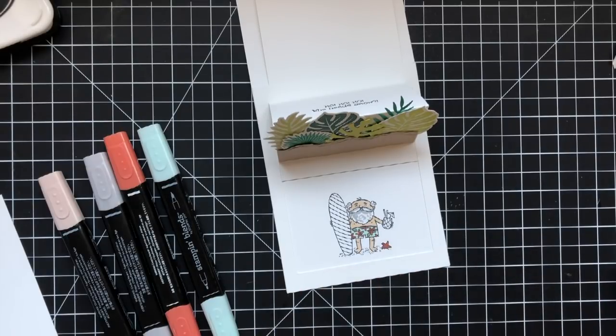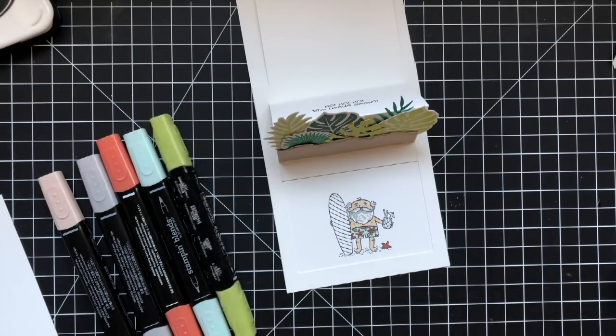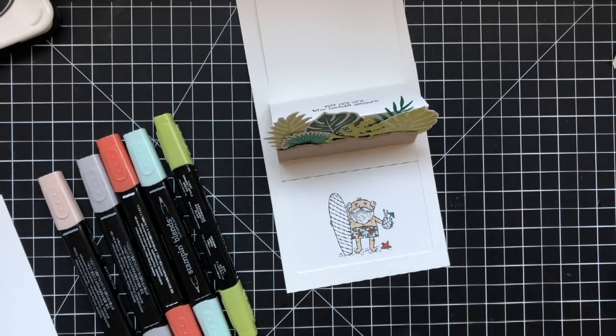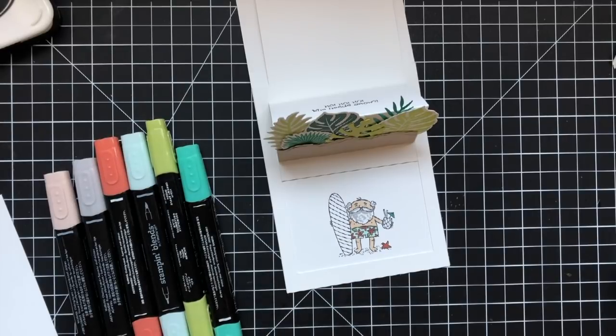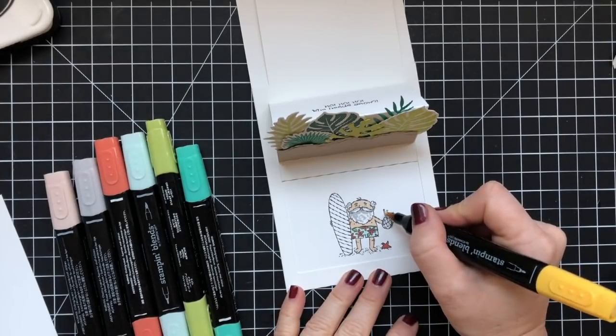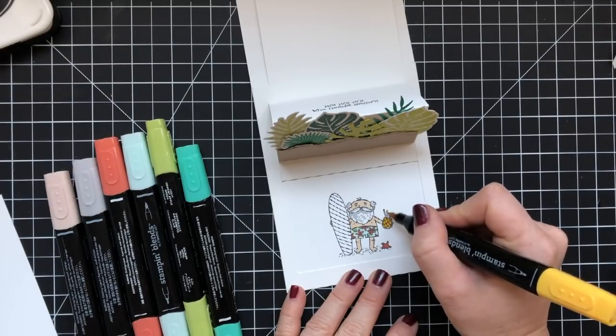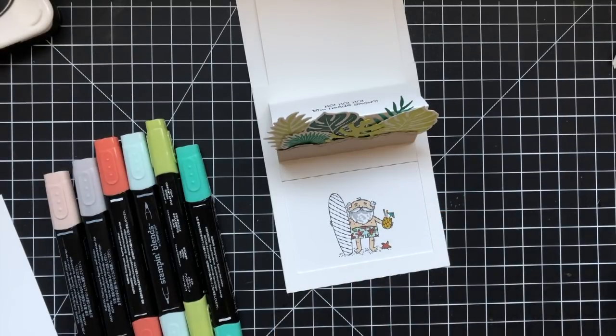So his shorts turned out really cute. I really love the colors of them. Then I used dark Call Me Clover to color his umbrella in his pineapple drink. And then I'm going to use Mango Melody to color his pineapple drink in. And then I'm going to grab